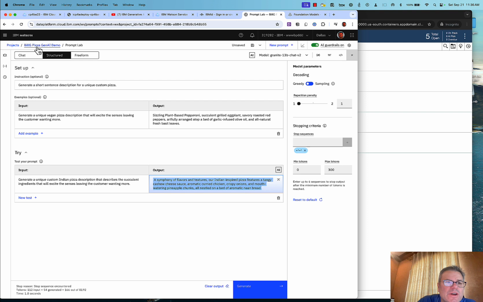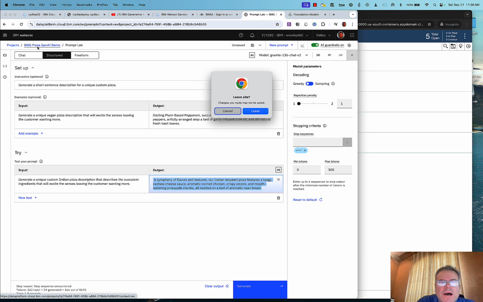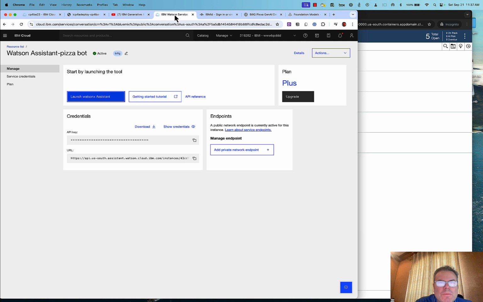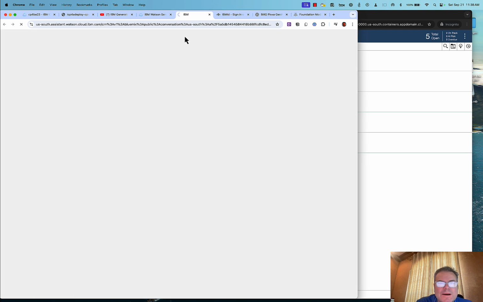Now from this, you can go back over to your project. So then back over here at the Manage tab, you'll see that this is the project ID. And whenever I want to call watsonx, I want to specify this is the project to use to call, as well as an API key to invoke it. So that's what I have from watsonx.ai. So back over in my watsonx assistant, my chatbot,